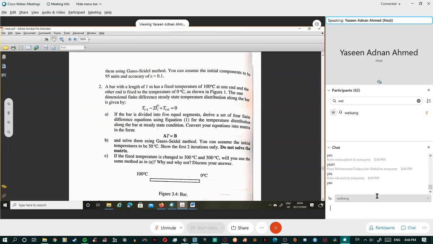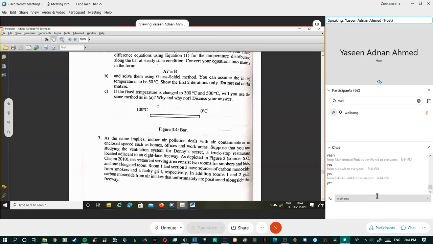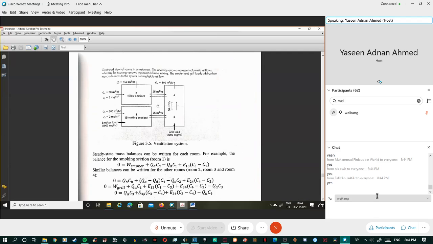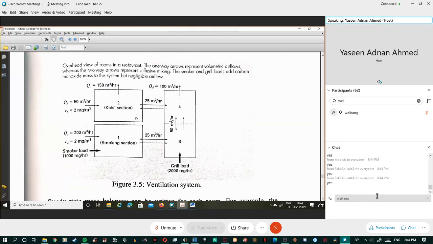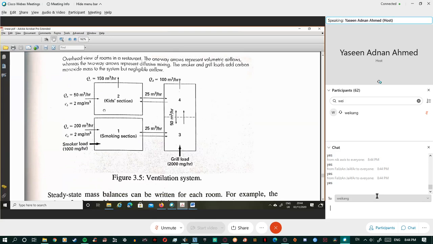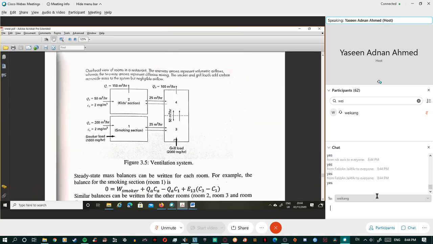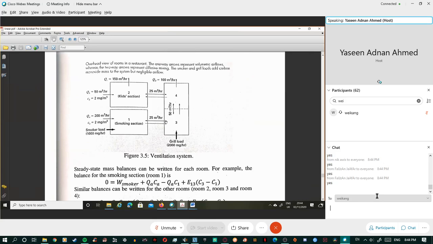Then we go to the next one. This equation, actually you have to solve it. In this case, I just go directly. We have 1, 2, 3, 4. This is a bit complicated. Not complicated, it means you should have some ideas. So how do we get the equation for